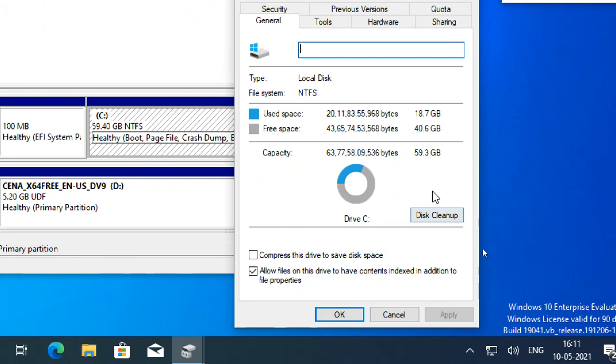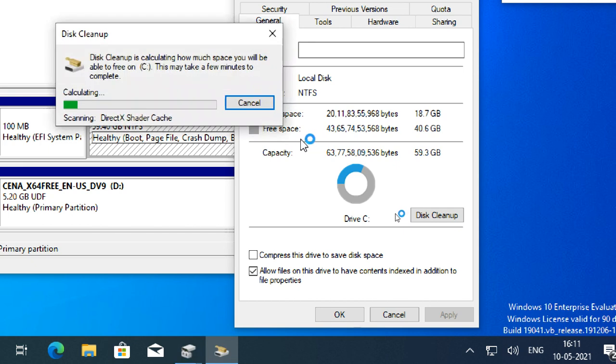So what you can do is run Disk Cleanup. What is Disk Cleanup? It removes all the temporary, prefetch files and old unused files, internet temporary files, cache files, everything you can remove with Disk Cleanup. You don't require third-party tools, you can use Disk Cleanup.